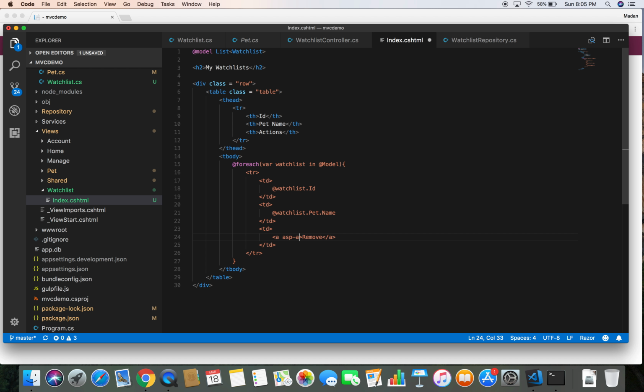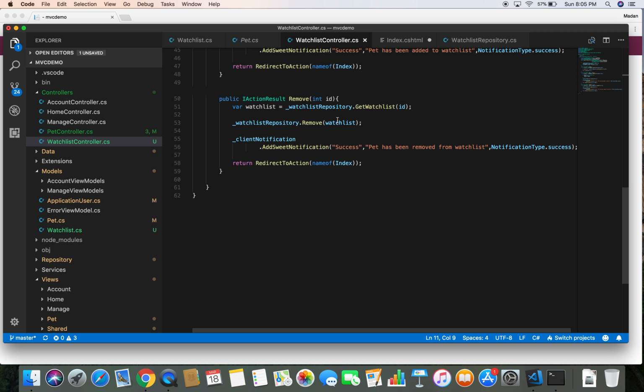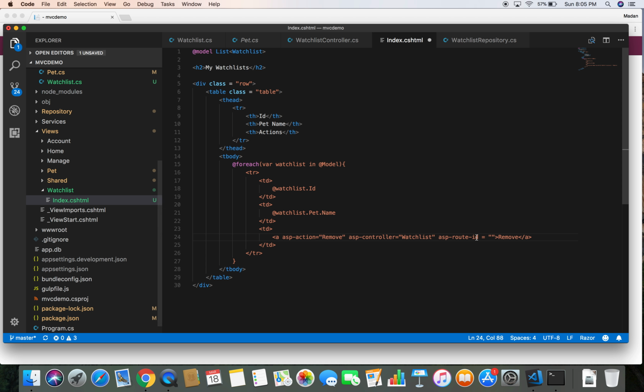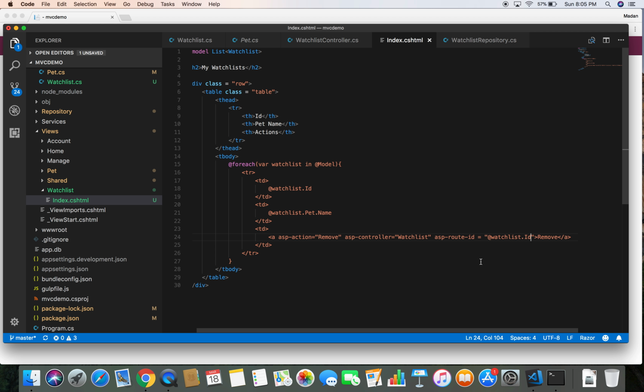So asp-action equal to our remove action from the controller, asp-controller equal to watchlist, and asp-route-id equal to the id that our controller remove action requires us to pass as a parameter. So this id is going to be watchlist.id. Let's save this,